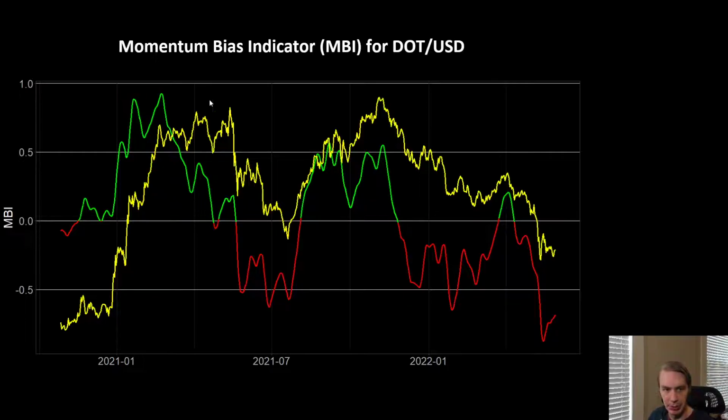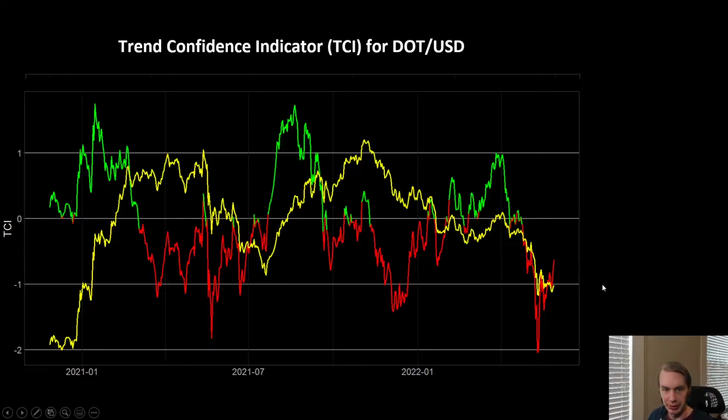Maybe we can start moving back into one of these types of footings rather than this very clear bear market signature that we're seeing right now. So that's the MBI's perspective. It thinks that DOT still has work to do before we should get especially optimistic about a reversal to the upside. But of course, with crypto, anything can happen. This isn't saying that can't happen in short order, just saying that it hasn't happened. And so as of yet, there's no reason to be especially bullish on DOT from its perspective.